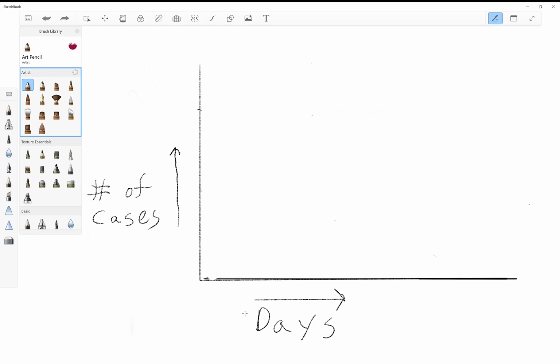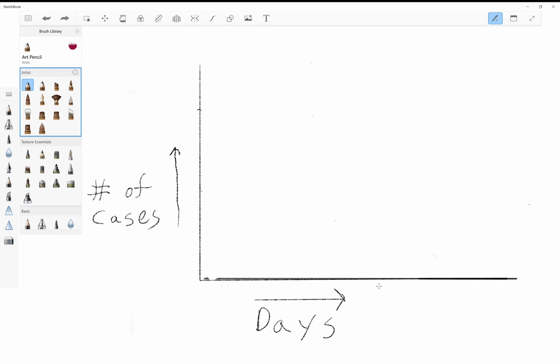All right, hey everyone. I wanted to do a quick video on explaining what we mean by the curve and the flattening of the curve and what that's all about, because I think there's a lot of confusion on this subject. So what we mean by this curve is that we are talking about a graph represented here by the